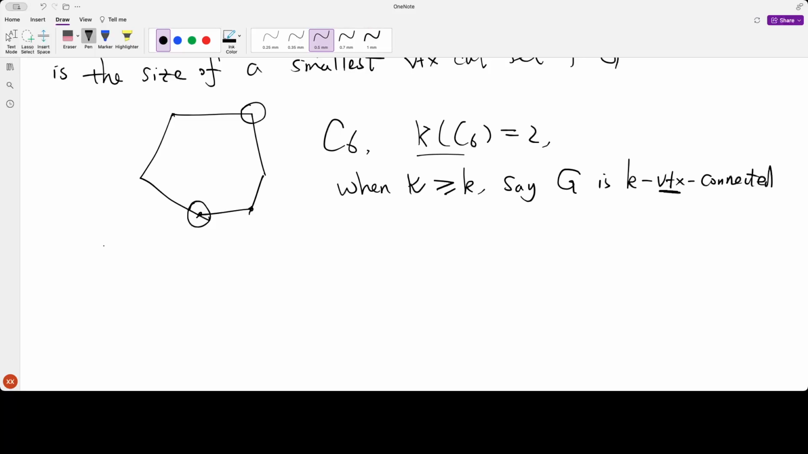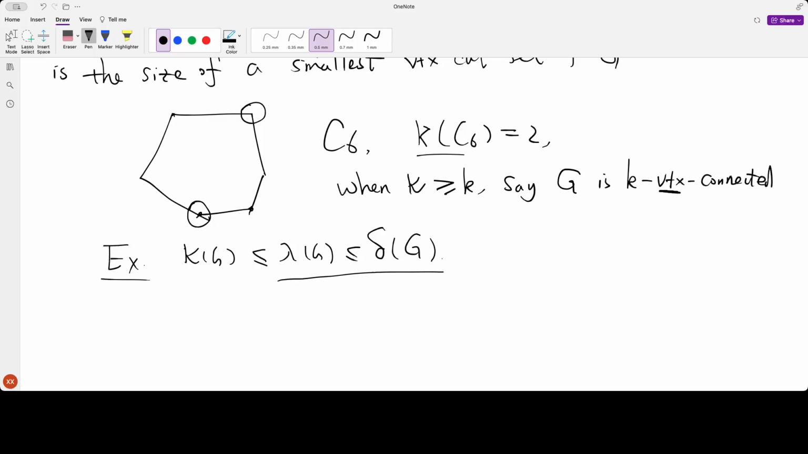I think there is an exercise. I might be wrong. You have to do it to make sure. So for any graph, kappa of G is smaller or equal than lambda of G, which is smaller or equal than the minimal degree of G. So I leave this as an exercise for you. I think the second part is very simple because, for example, the minimal degree of G is attained at a vertex. It has this many edges, and then if you delete all of them,